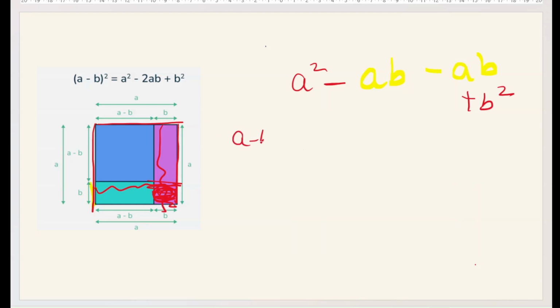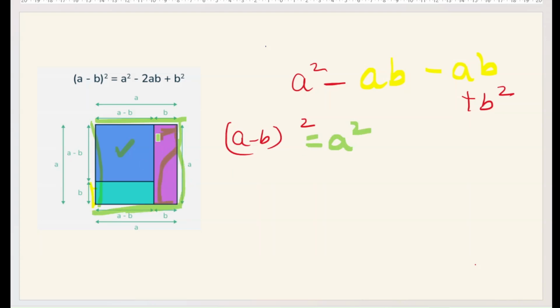So that means a minus b whole square. How to obtain a minus b whole square? That this a minus b whole square, that is equals to full a square minus of this ab and ab. So minus 2 times ab plus this b square. This which has come twice. So one time I will write plus b square. Okay. What is a minus b whole square? A minus b whole square is equals to a square minus 2ab plus b square.